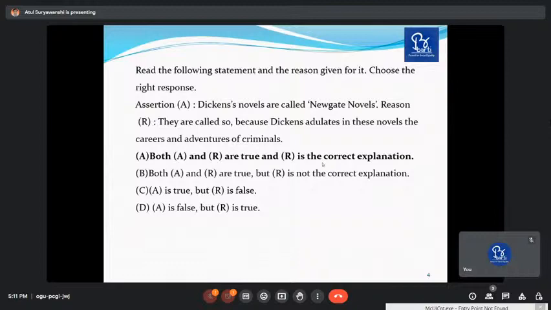So one more thing I want to tell you here humbly: study Charles Dickens's novels. Most of the time during the examination, Charles Dickens's novels have been a focus. Charles Dickens began his career as a writer with Pickwick Papers, when no one was ready to publish his work. His last unfinished work is Edwin Drood.